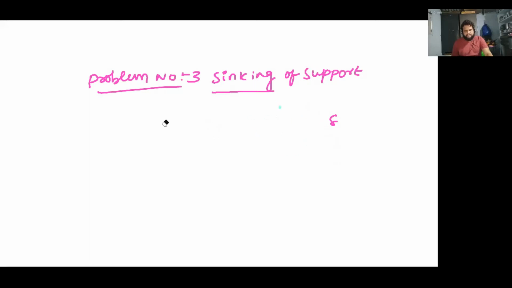So the question is like this: a continuous beam ABCD 20 meters long is continuous over 3 spans. AB equal to 8 meters, BC equal to 4 meters, and CD equal to 8 meters. Moment of inertia of AB is 2I, that of BC is I, and that of CD is 2I. There is a uniformly distributed load of 1500 Newton per meter over spans AB and BC. On the span CD, there is a central load of 4000 newtons. The ends are fixed during the loading. The support B sinks by 1 centimeter. Find the fixed end moments.